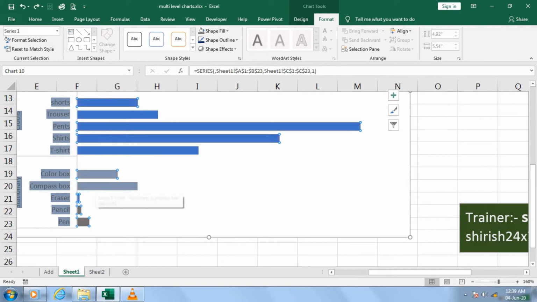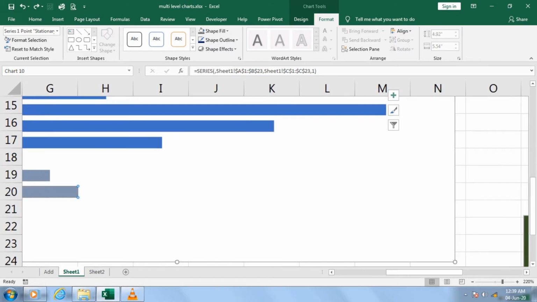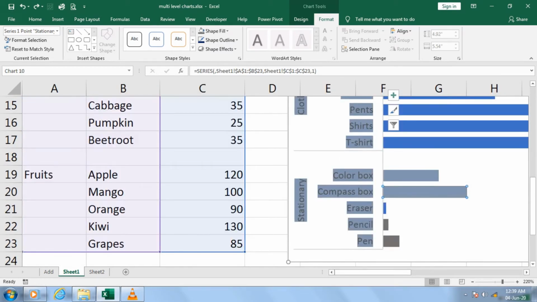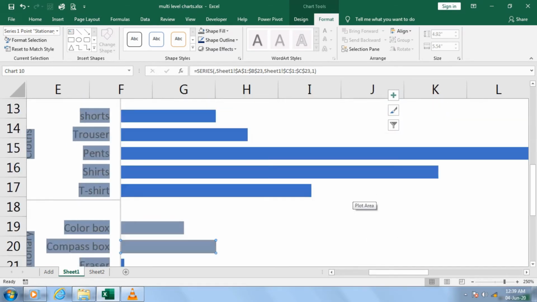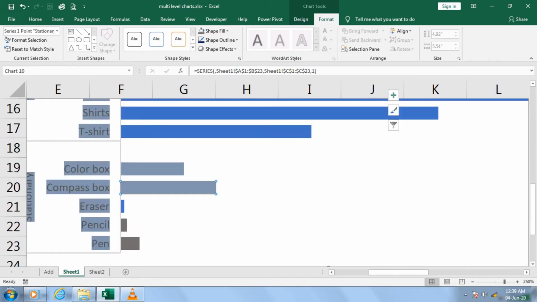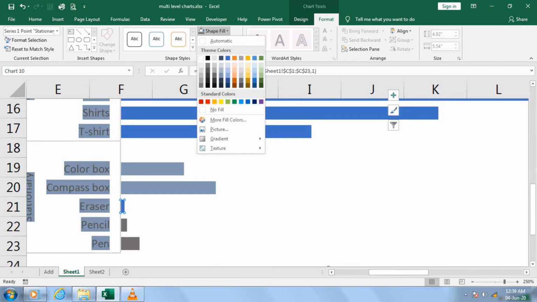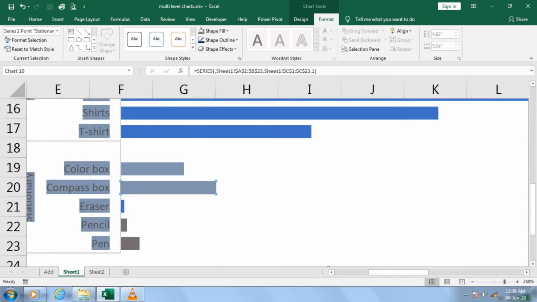Okay, this is very small work, but you have to do it to distinguish the different colors, so you have to try with this. I just zoomed it so that I can see properly. Okay, and then I can add the different colors whichever I need according to my requirement. Okay guys, so you can add different colors.